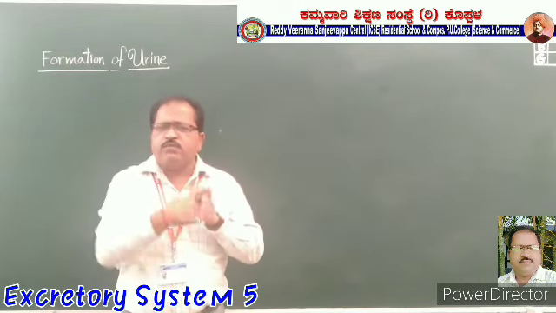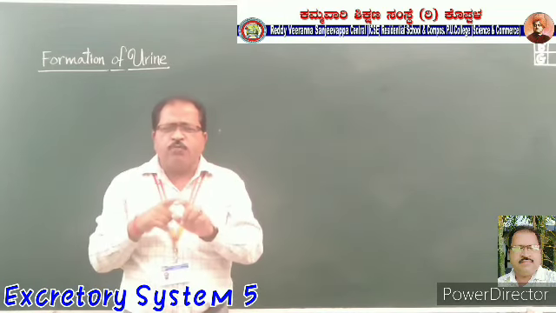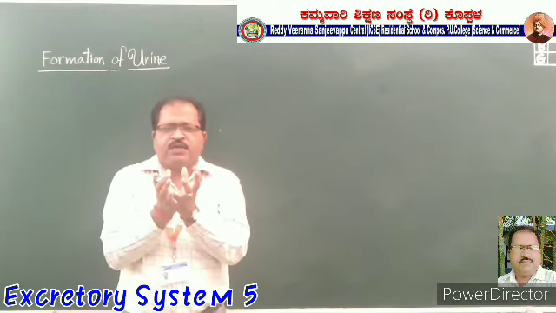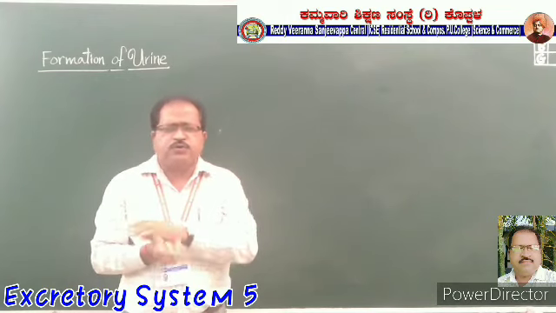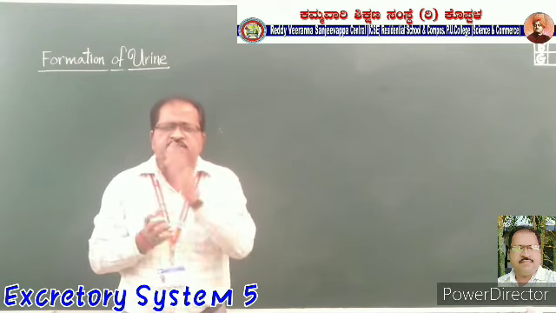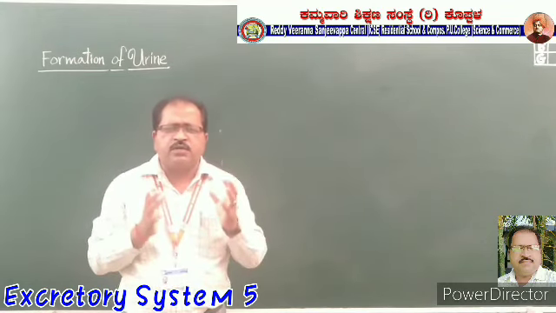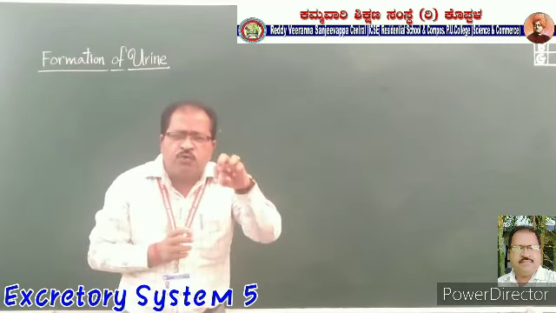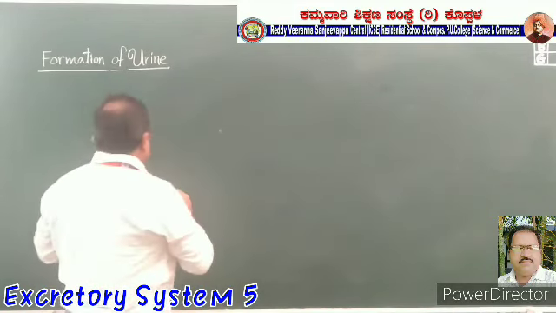And this distal convoluted tubule is connected to the collecting tubule, and the Bowman's capsule has a network of blood vessels, that is the afferent arteriole and the efferent arteriole, which together form a network of blood vessels called the glomerulus. These are the major parts present on the nephron, and all these parts are involved in the formation of urine. Okay, let us see.